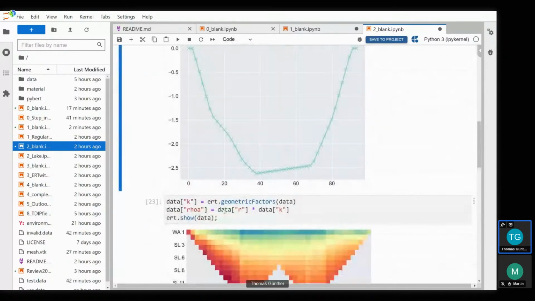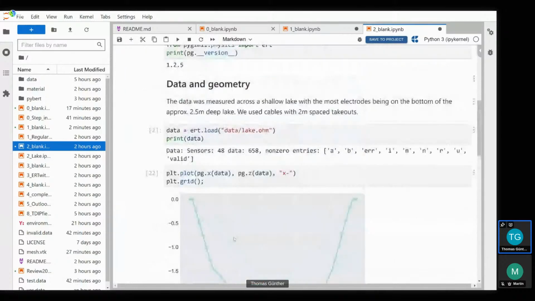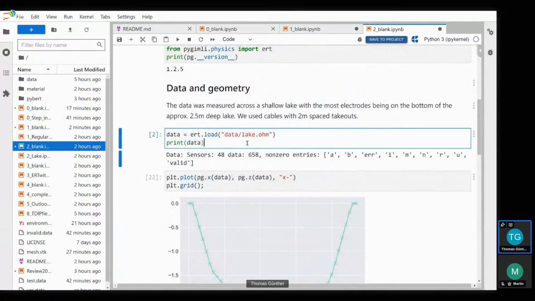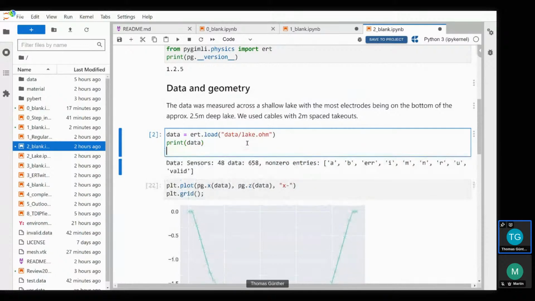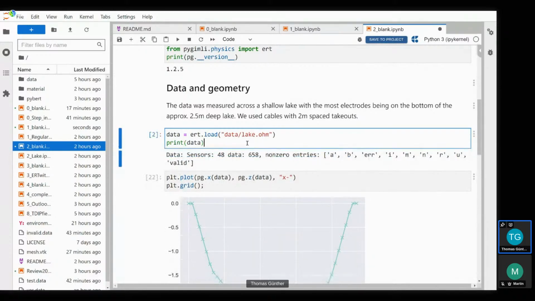Actually, this shouldn't be blank. But I'm going to step into it. I can also show these data. That's not working. But you can see you have a data container with 48 sensors and 658